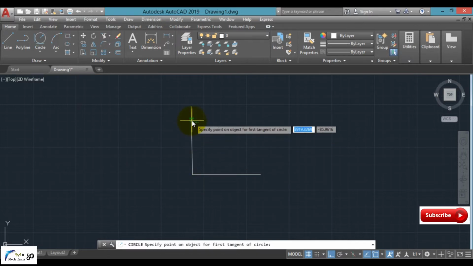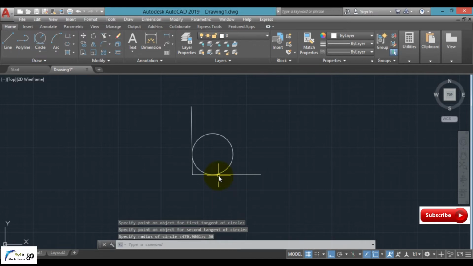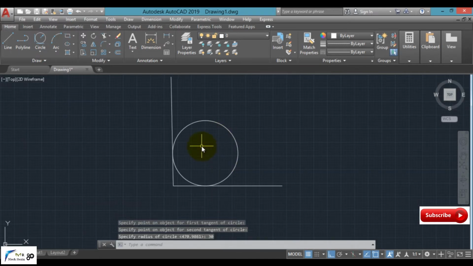Select first tangent point on first line, select second tangent point on second line and define the radius of the circle which you have to create. Since the length is 100 mm, I am going to take it as 30 mm and click enter. This is our required tangent circle.